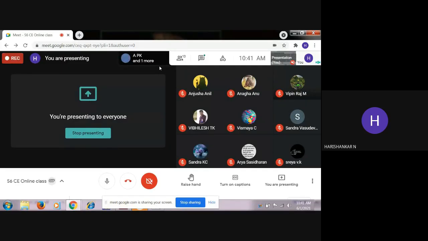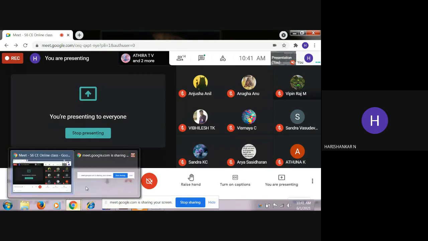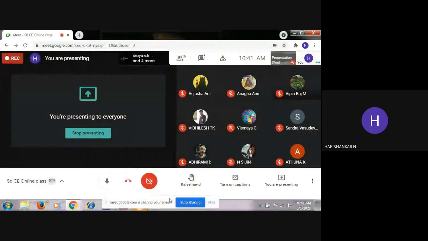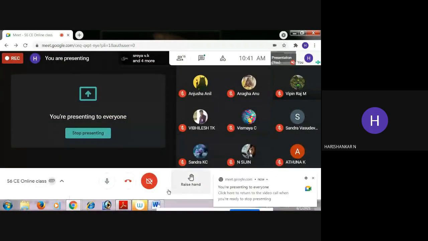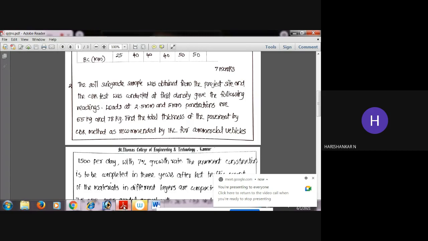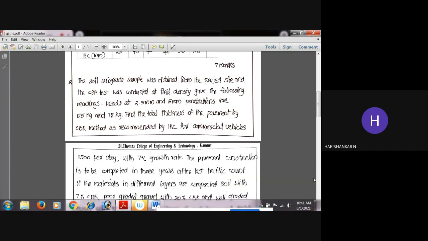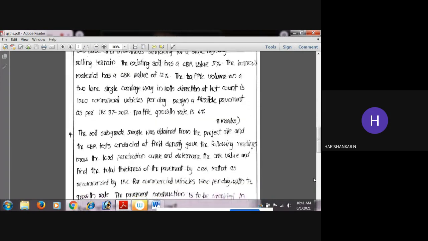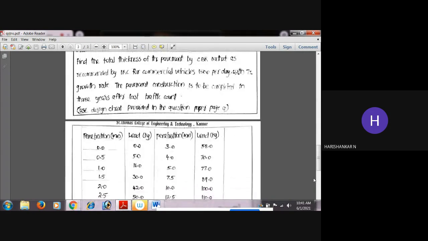Building materials of the payments. Okay, so starting from the question that we have already started. Okay, I hope you can see the question. So here we have started with the question. Okay, this one.